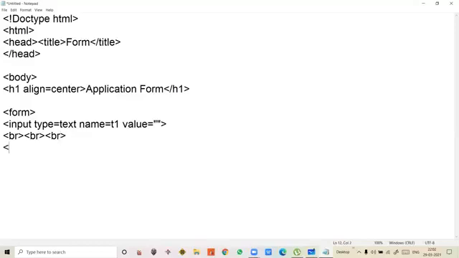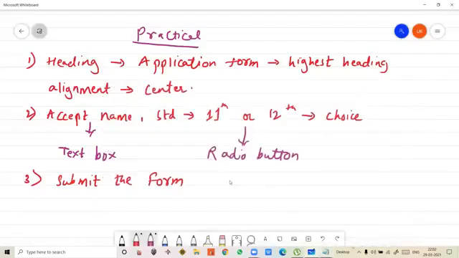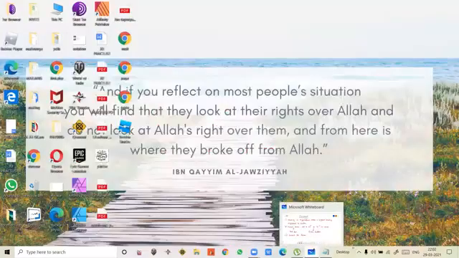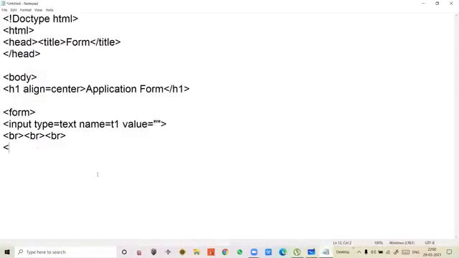Then next is what, students? You have to use the radio button. For what purpose? To select the option 11th or 12th. Getting, students? So here we'll just have this. Put type equal to radio.